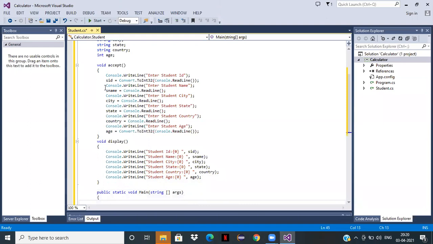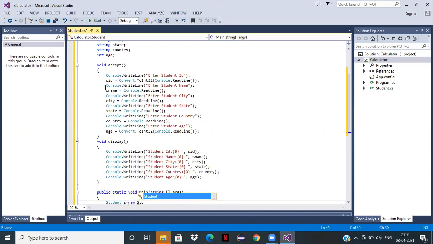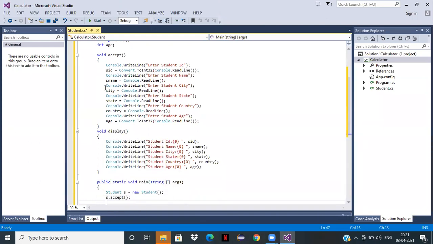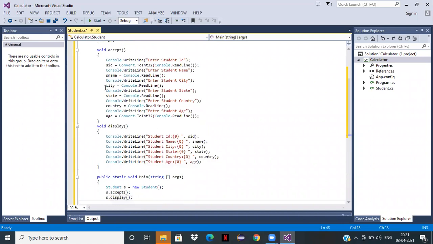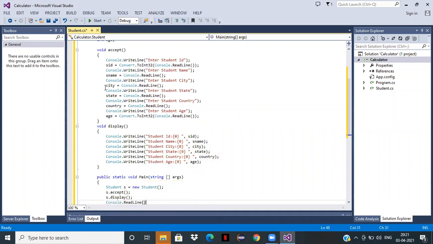Here we need to create an object of the student, s equals new student, and then we need to write the s.accept method and s.display method, and after that we need to write Console.ReadLine.